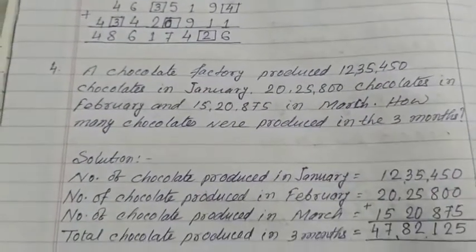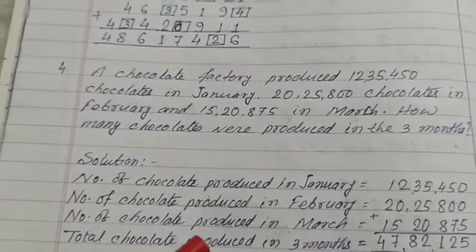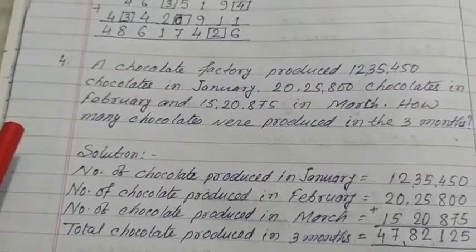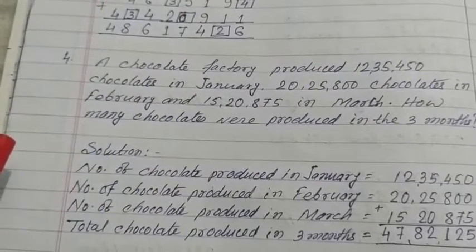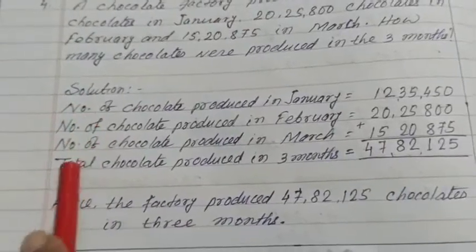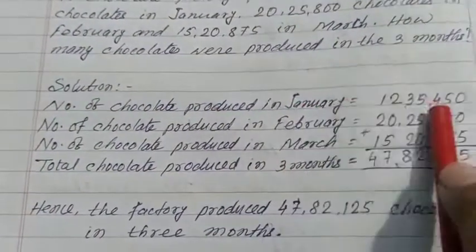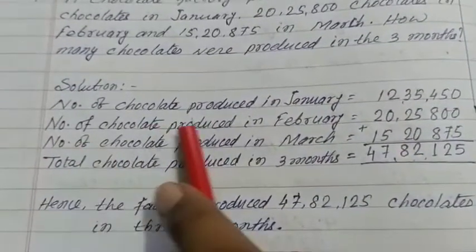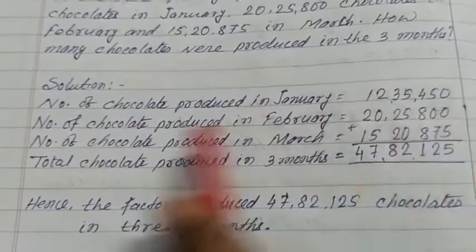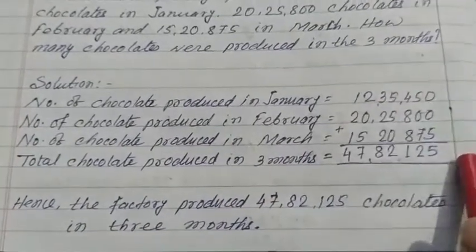So the chocolate factory produced chocolates in 3 months. You have to find the total number of chocolates produced in these 3 months. So solution: at first in the statement I had written here the number of chocolates produced in January, then the number produced in February and the number produced in March. Now their sum is